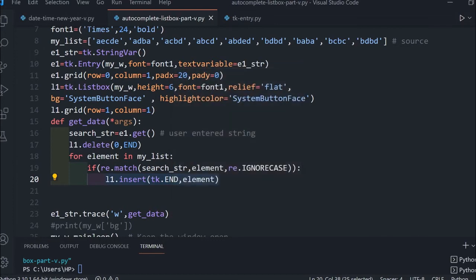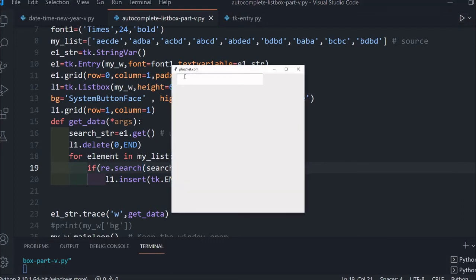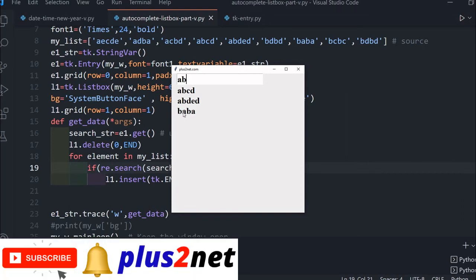To understand that, I can change this match to search. What happens when I am using search? You have already seen what happens when I entered AB. Now I am entering A, entering B. You see this third option has also come, because AB is there within the string, so the search is returning that.